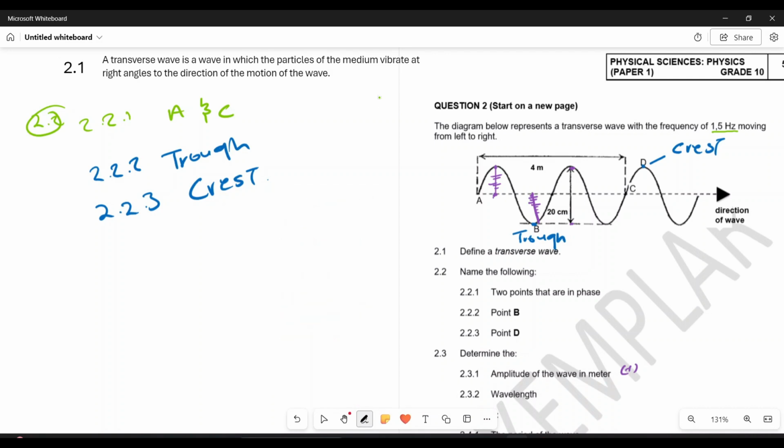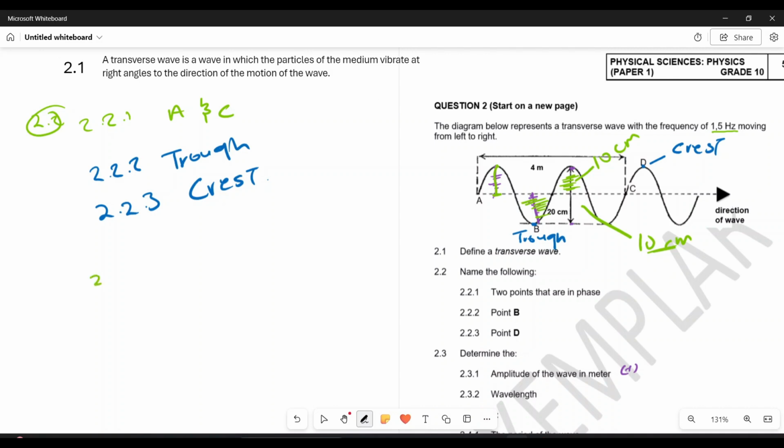So meaning that dividing this by 2, this upper part will be 10 centimeters. The lower part would also be 10 centimeters. Right? So this would be 10. The same applies to this part. It will be 10. Now, I know that my distance from here up until here in terms of centimeters, which